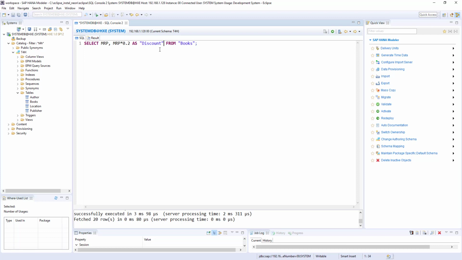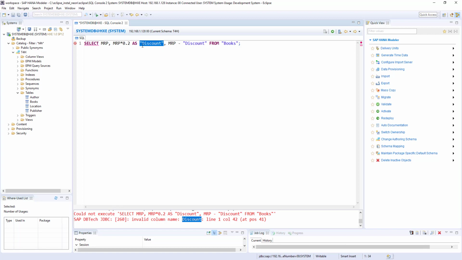Now if I want to mention the final price, then if I write MRP minus discount, the system cannot understand discount because discount is a derived or calculated column.